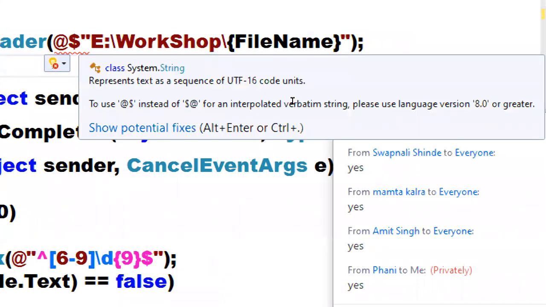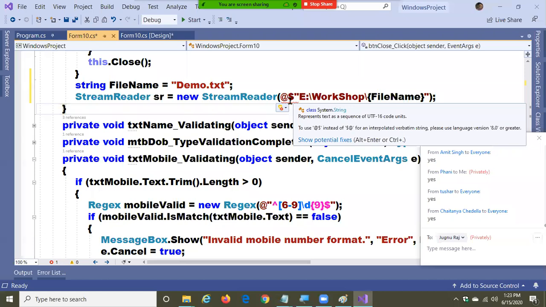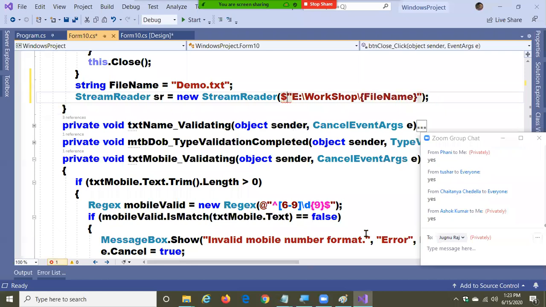But what did I say? Framework supports only up to 7.3. Framework doesn't support 8; for 8 you compulsorily need to go for Core projects only. So in the older version, how should I write? $@. Now see, no error.